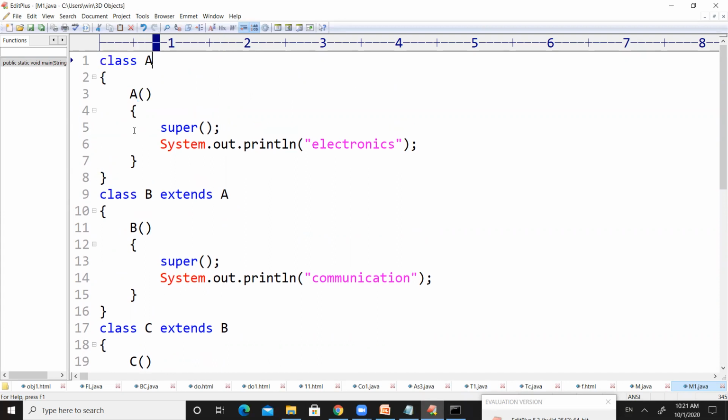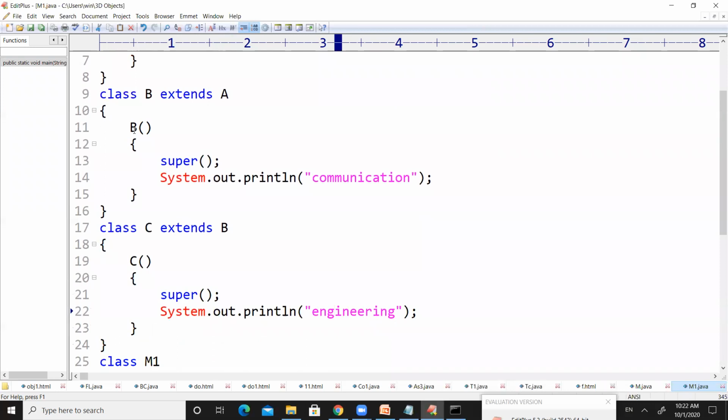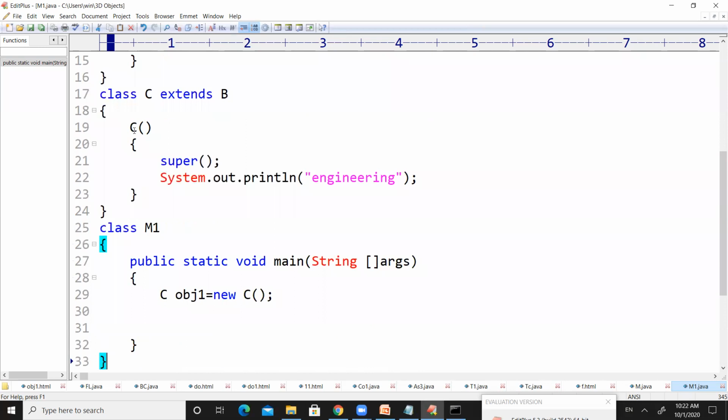But when the control searches for the superclass of class A, there is no superclass for class A. So it will execute the next lines of the constructor. It will print electronics, then communication, and then engineering. This is how we can access the superclass constructor from the subclass constructor.